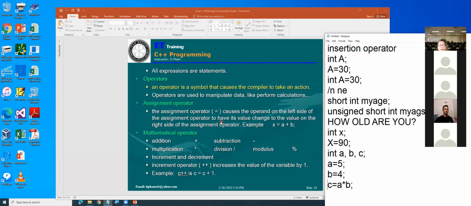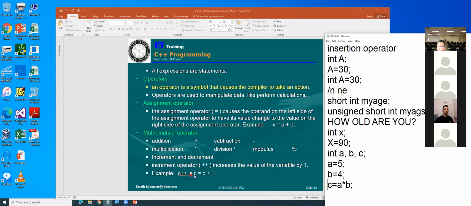Assignment, we already know the assignment. Math operators: if you're adding, you use plus, minus, multiply, division, modulus, increment, decrement. The increment operator, plus plus, increases the value of the variable by 1.